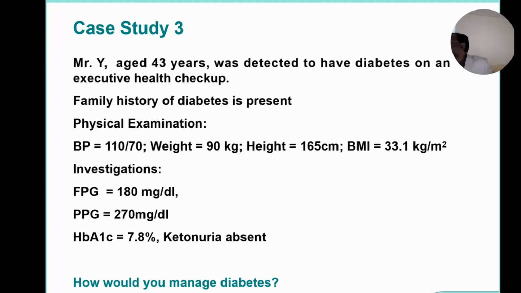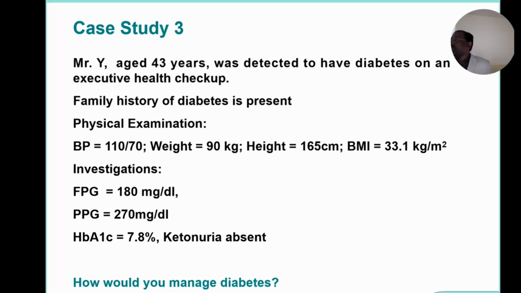Executive health checkup. The poorest of the poor don't go for the executive health checkup. Executive health checkup means reasonably affordable people. So then you can go for a good injection, semaglutide. Now the cost is also very less. 200, 300, 400 per week is nothing. Per month maybe 1000 to 1200 rupees. Not a big amount. So you can go for the injectable semaglutide.